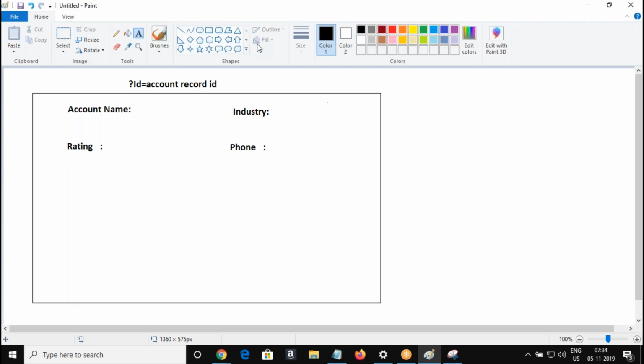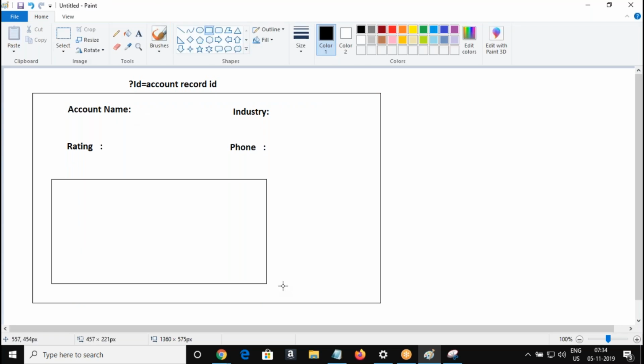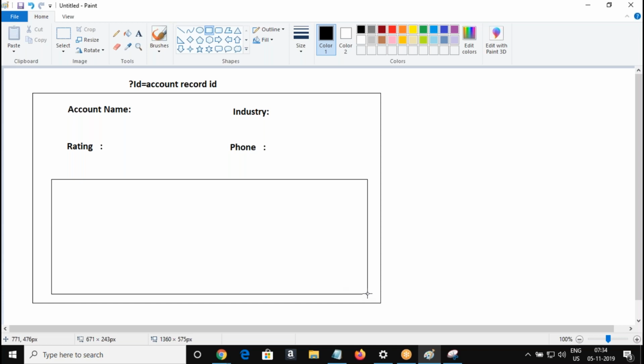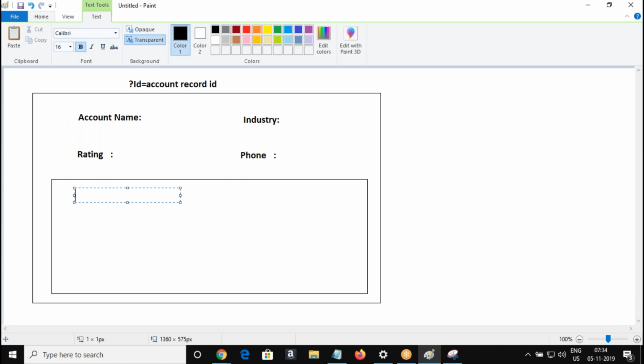And in another section below, I need to get a task for this account. Got me? We know the task. A task is nothing but a reminder, right?